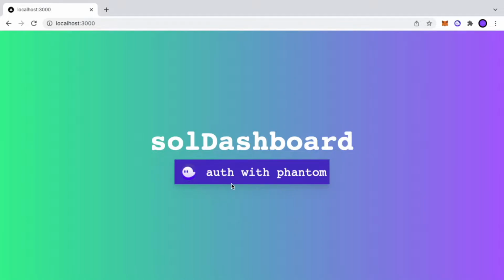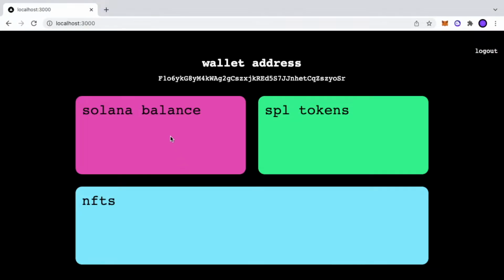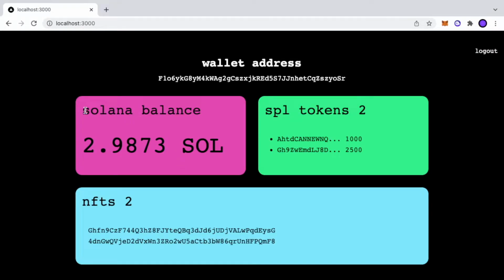In today's video we are gonna code together a complete and fully functional Solana Web3 dashboard using Next.js and Moralis. At the end of this tutorial, if you code along with me, you'll have all the knowledge to authenticate Solana user with Phantom Wallet and all the knowledge to fetch Solana balance, SPL tokens and NFTs from Solana API provided